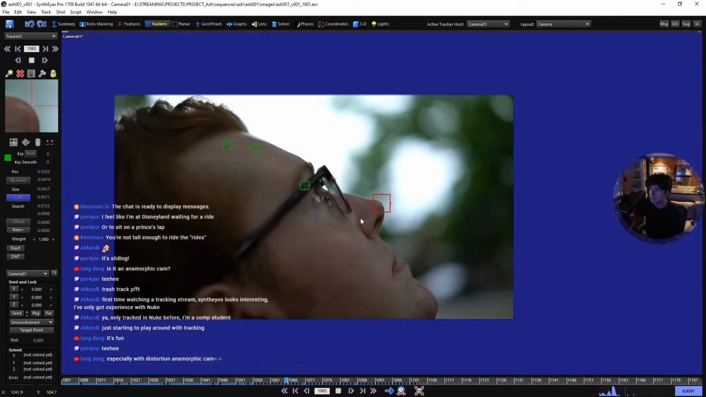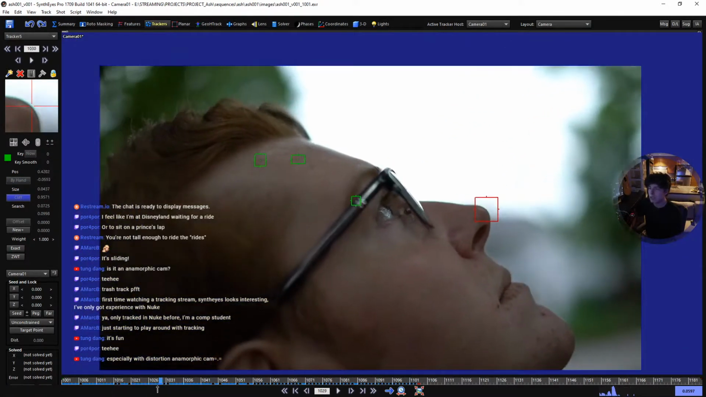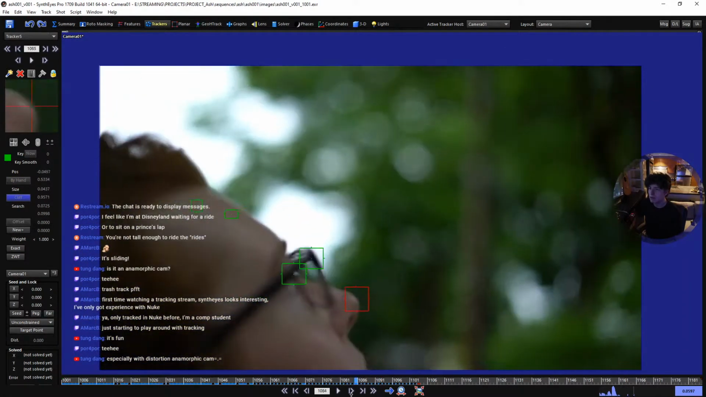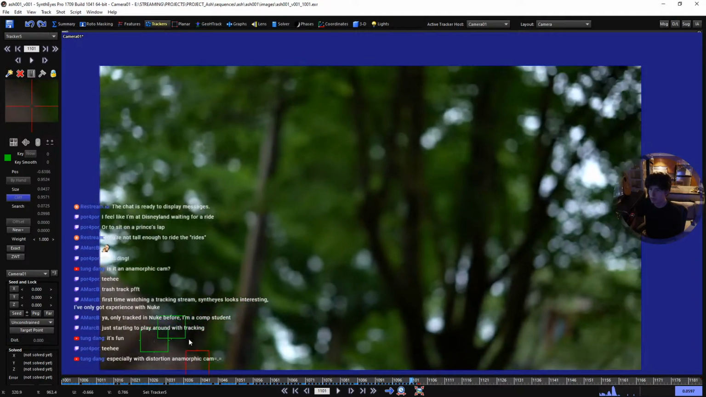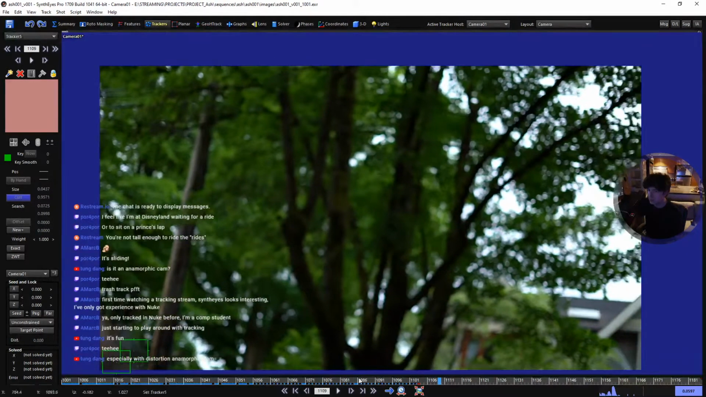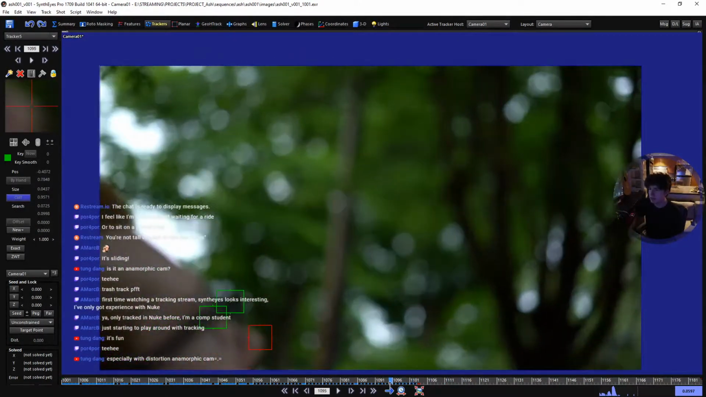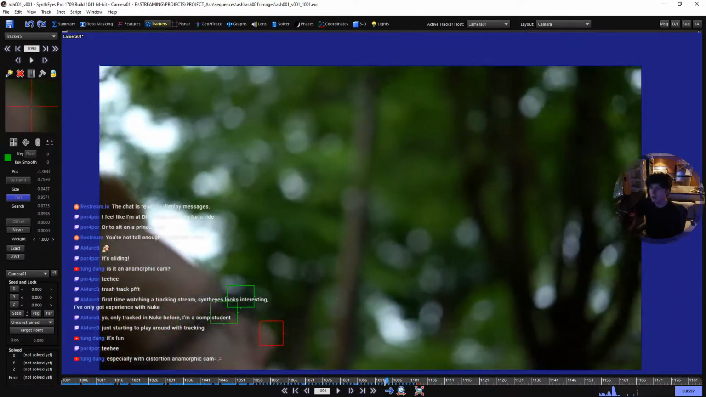Okay, so we got that going. So we got a few points on his head. I will likely apply more to those later. For now, these 3 points should be enough to get me, and even these 2 points at this point should be able to give me something okay to work with. So now,